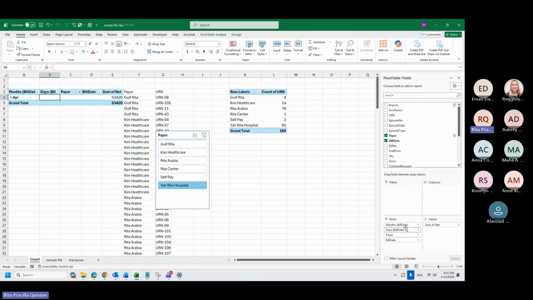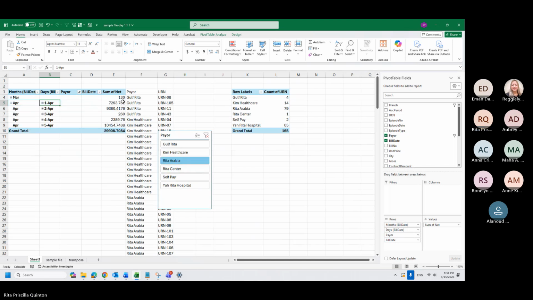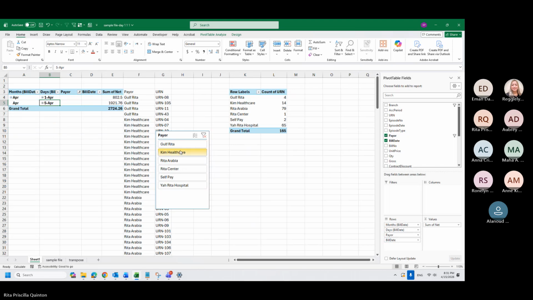Bill date here. Okay, April 25. So it will show here like this, all the days of the claims. So what I did, I simply put the bill date here.